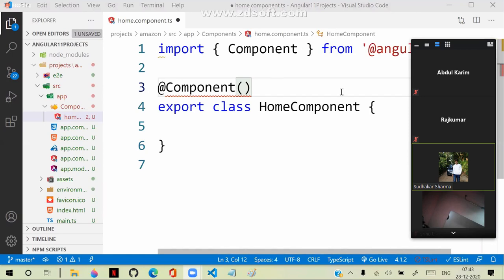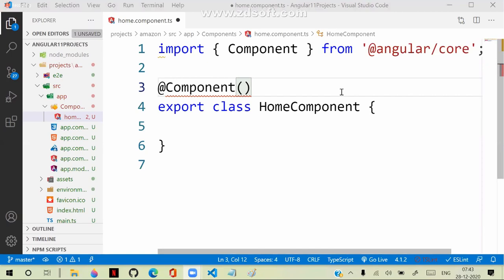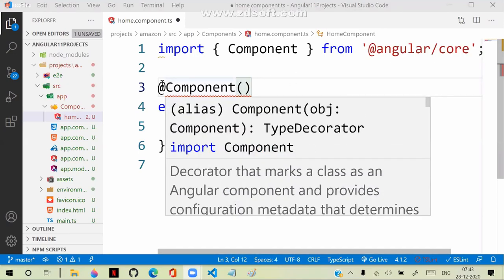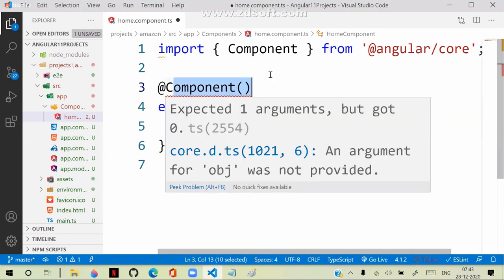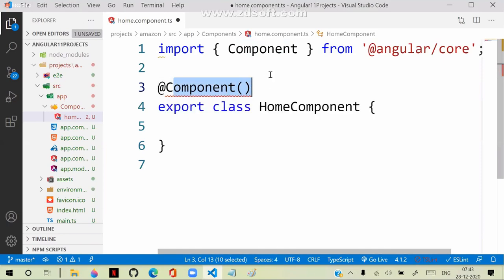Okay, now this Component is a directive, and this Component directive contains metadata. That means it contains information about your component, which is given to the compiler in order to process your component.